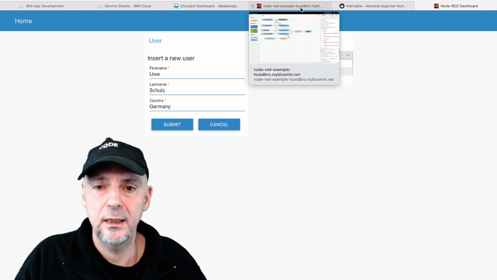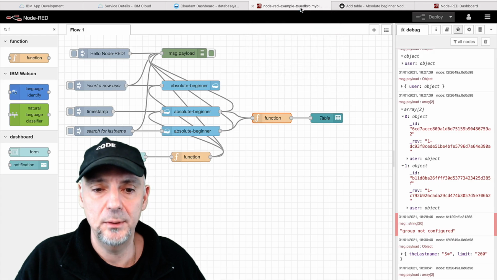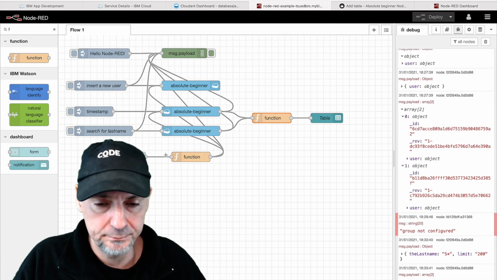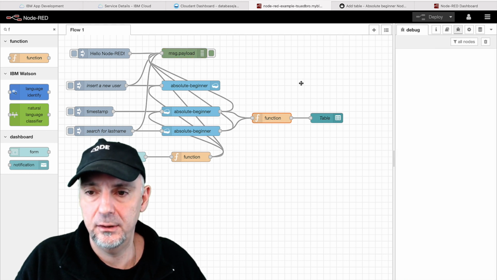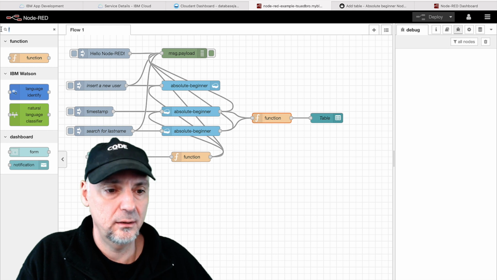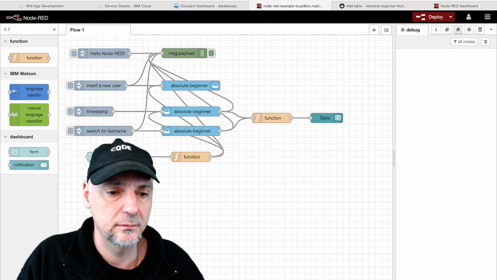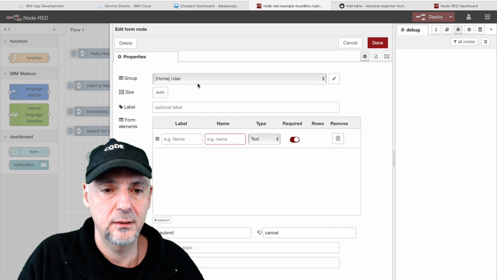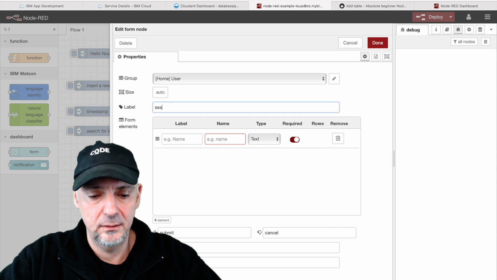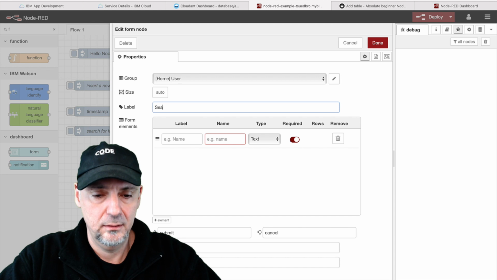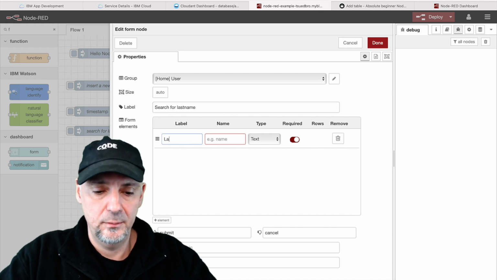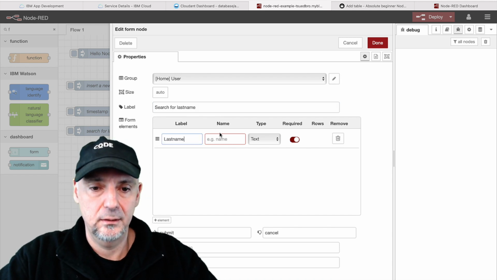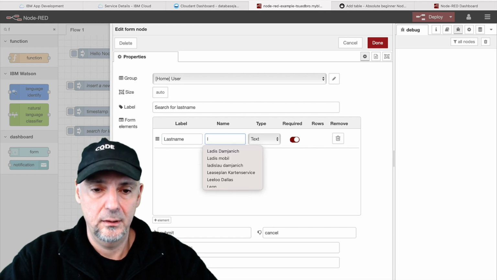Okay, the next is that we want to add a search capability to our UI. Clear the debug. We can add an additional form. We can say here the label is search for last name. That's the label, it is a last name, and